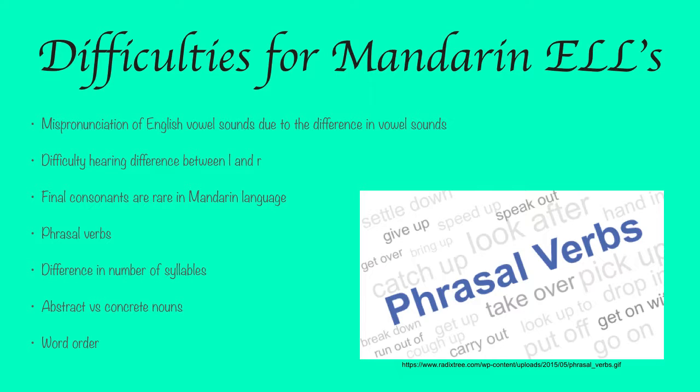There is a difference in the noun usage between the two languages. Mandarin speakers may have difficulty with the idea of abstract nouns when learning English. Abstract nouns are intangible things such as feelings, concepts, or actions. In the Mandarin language, they use concrete nouns, which are tangible nouns that you can experience with your five senses. Mandarin Chinese learners may have difficulty with the idea of abstract versus concrete noun usage and confuse the two